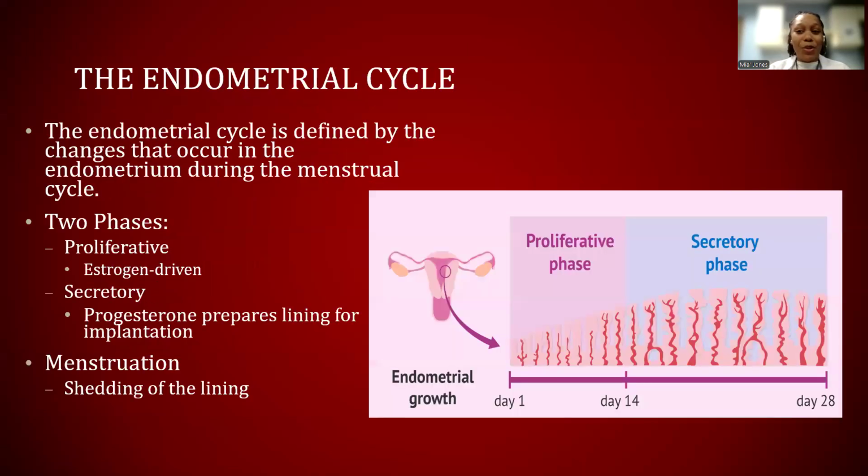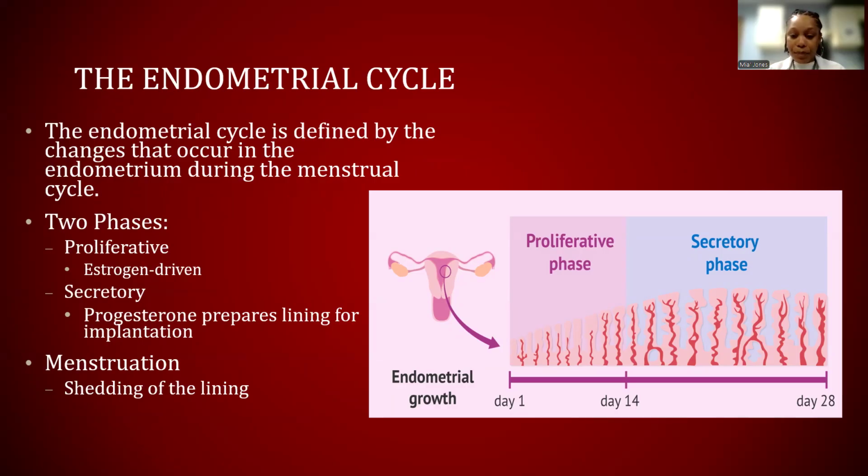The endometrial cycle, or the uterine cycle, is defined by the changes that occur in the endometrium during the menstrual cycle. And it's divided into two phases, the proliferative phase and the secretory phase. The proliferative phase, which occurs during the first 14 days of the cycle, corresponds to the follicular phase of the ovarian cycle and is under the influence of estrogen. It is estrogen driven. During the proliferative phase, the endometrial glands develop under the increasing influence of estrogen and go from being narrow and tubular to enlarged to the extent that they link together and form a lining,